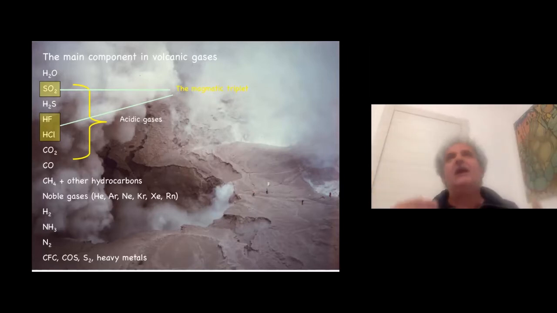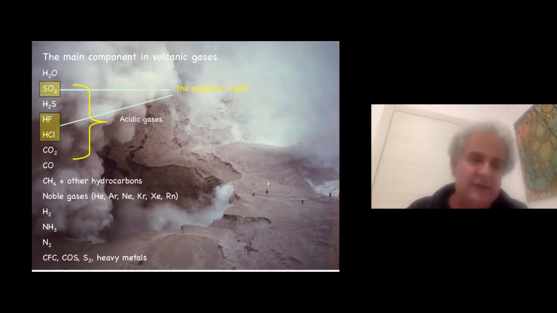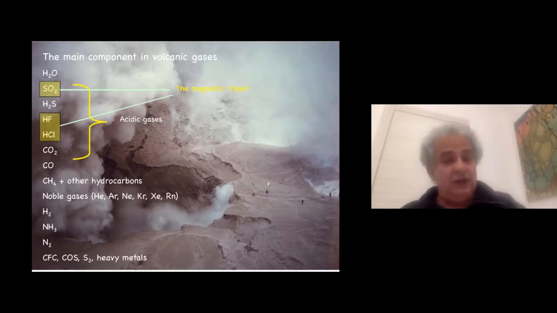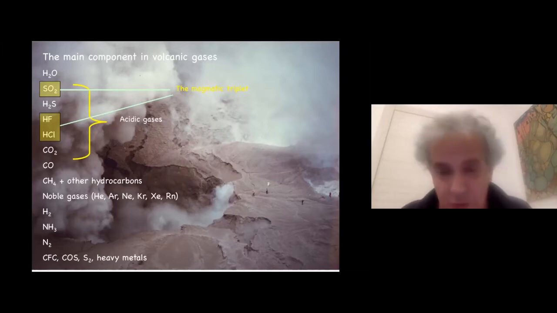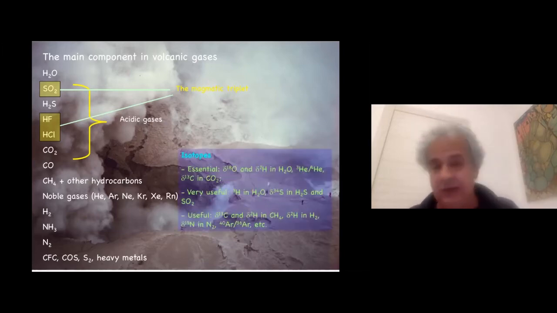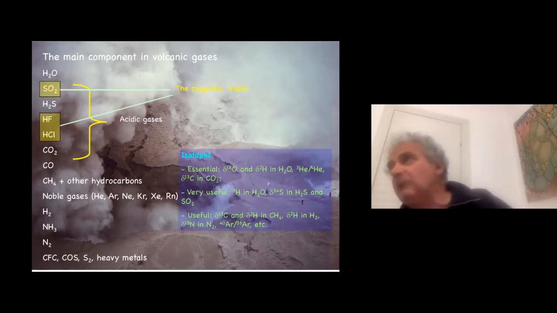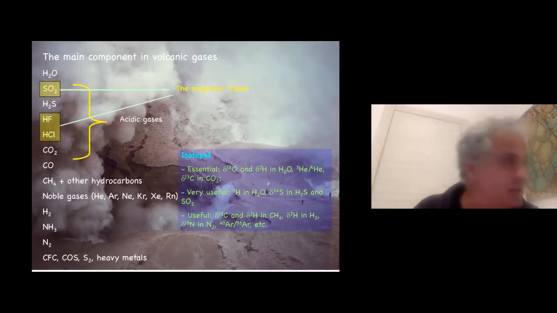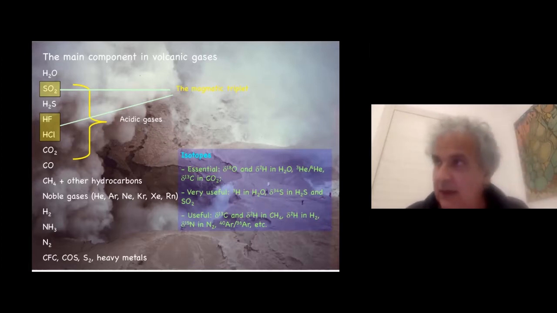Okay, there are fewer secondary processes that are affecting the uprising magmatic gases. So the fact that we have a lot of these gases is important to understand which is the source. And in these cases, you need to apply isotopes. And Giggenbach, one of the most famous geochemists in the late 80s, did a sort of classification for